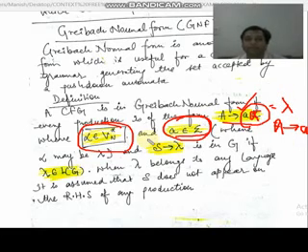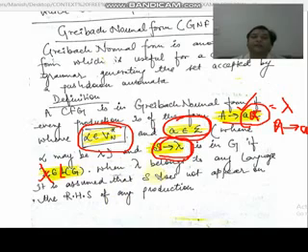So S to empty can also be a production rule in the Greibach normal form if the empty string belongs to the language. It is assumed that the capital S, that is the start symbol, does not appear on the right hand side of any production rule. So moving on,